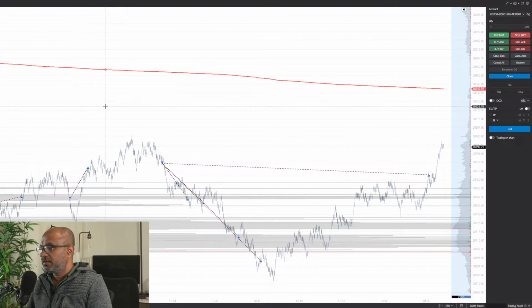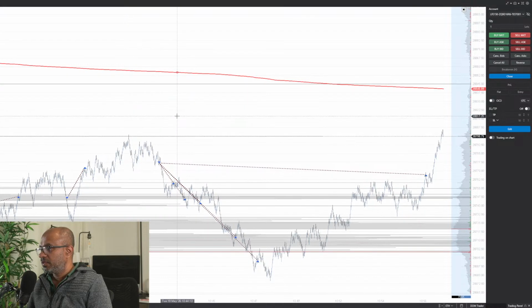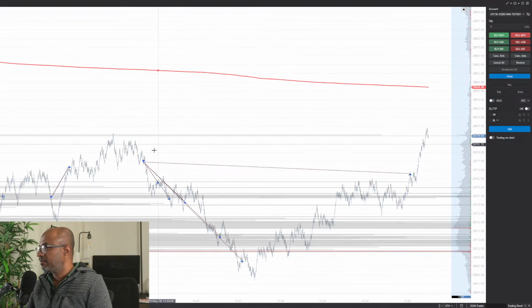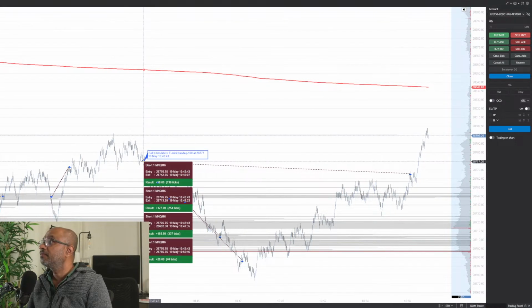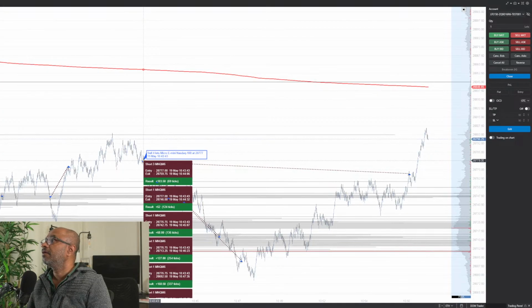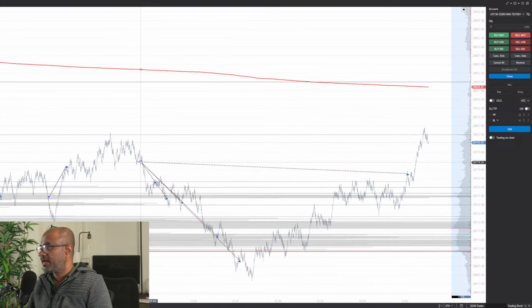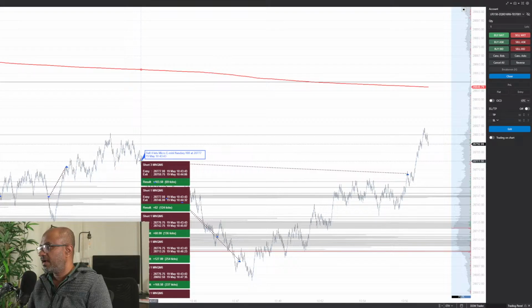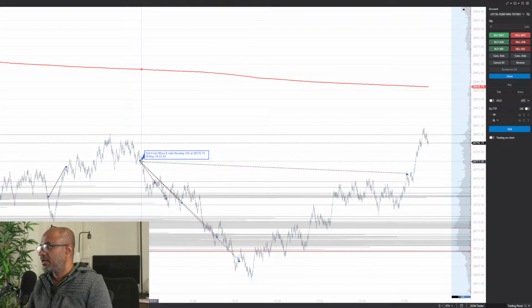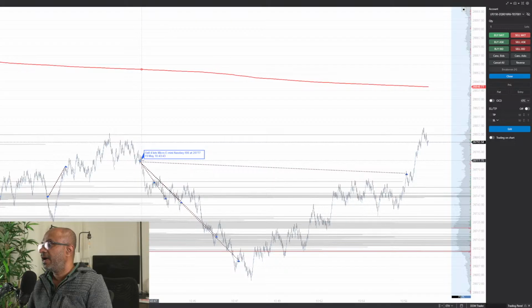Okay, so this is where the trade was taken. Okay, is it showing you guys? Yeah, that's right. So this is where the trade was taken, multiple contracts, and then I took partial profits on the way down, right? So we banked $2,000